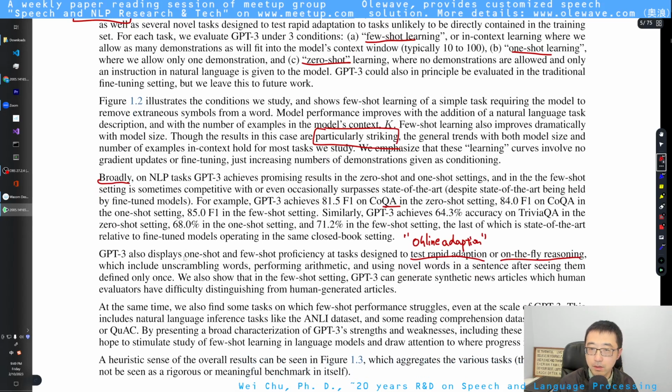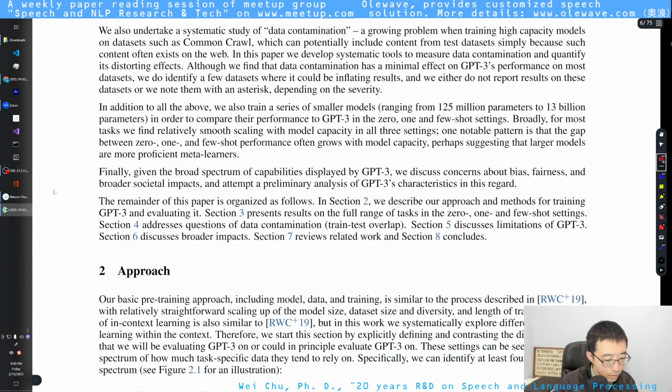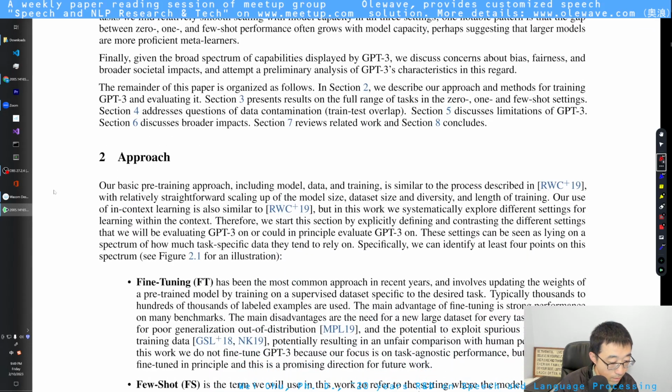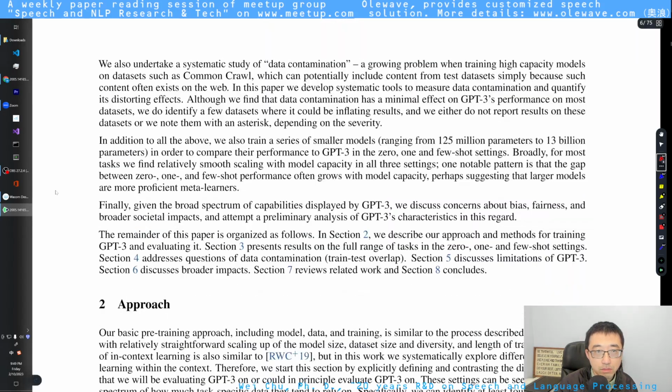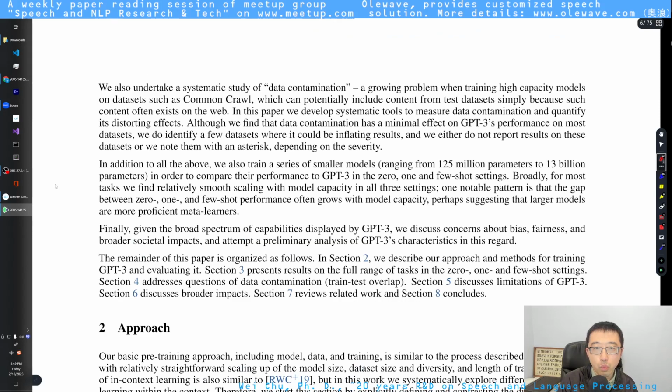And then again, the GPT model can also do generation. They talk about the data contamination issue. So what is data contamination? This is a growing problem when training high-capacity models.